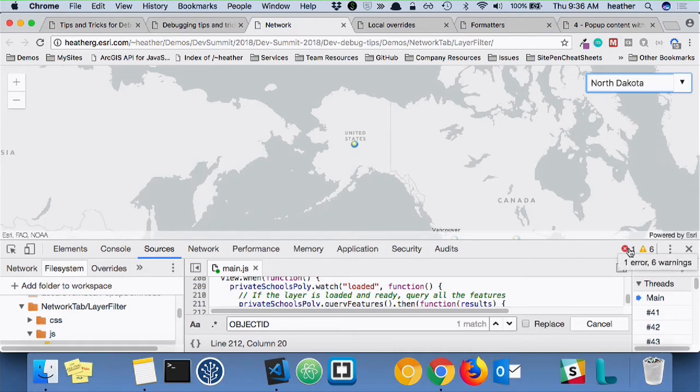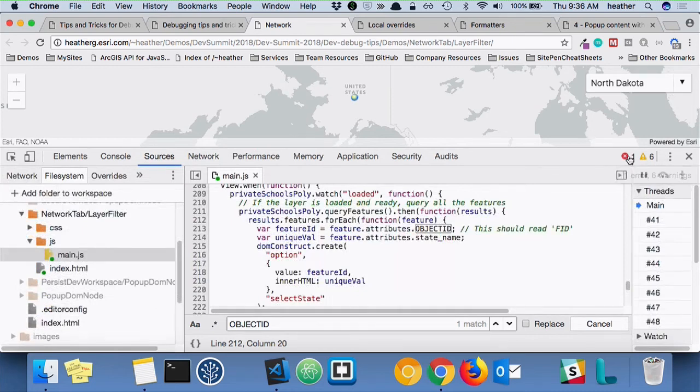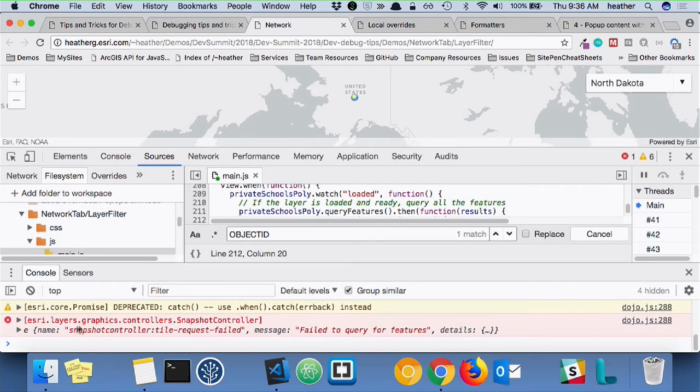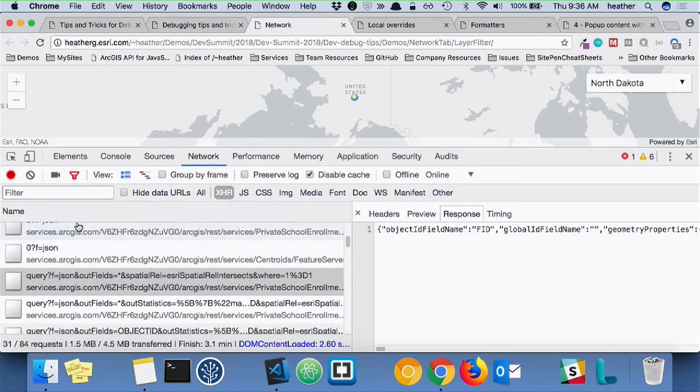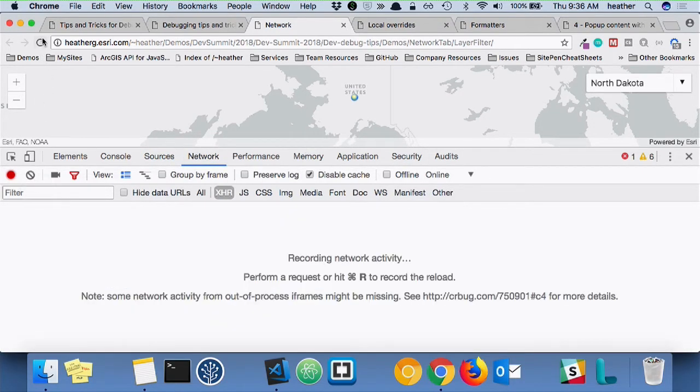And you can see here I have an error that pops up. Failed to query for features. All right, well, we know something's going on with the query then, so let's take a look and see what this is. If I take a look at the network tab, I'm going to clear this out and rerun it